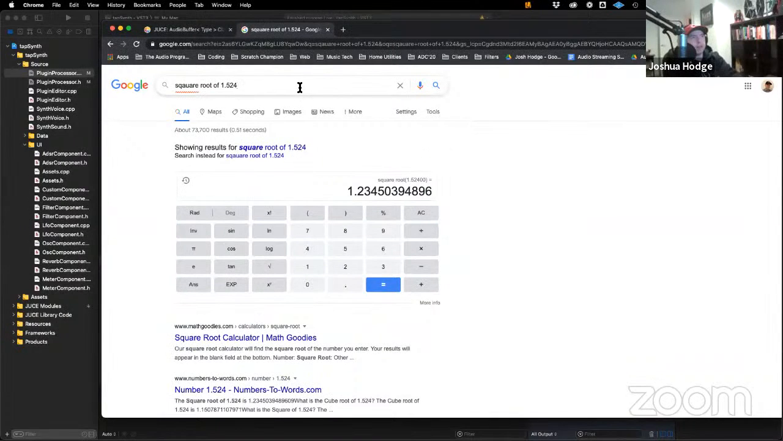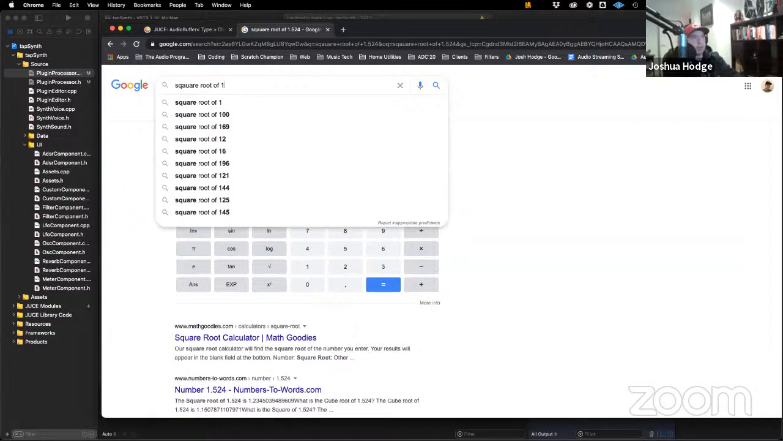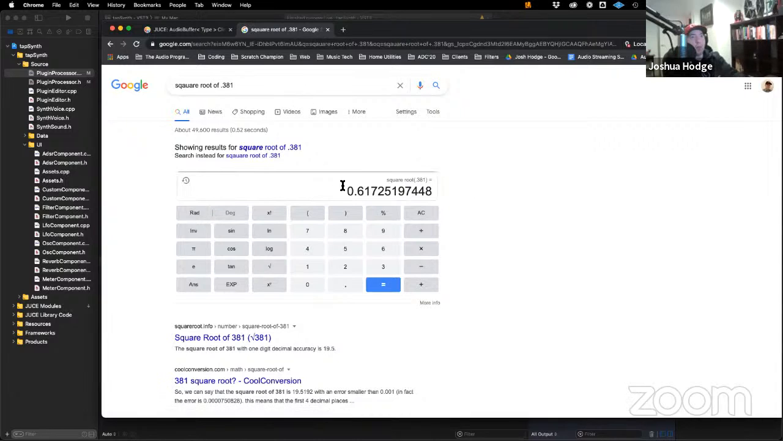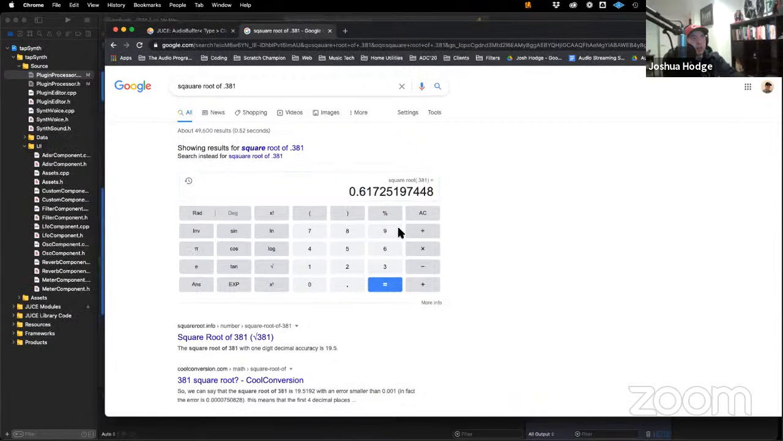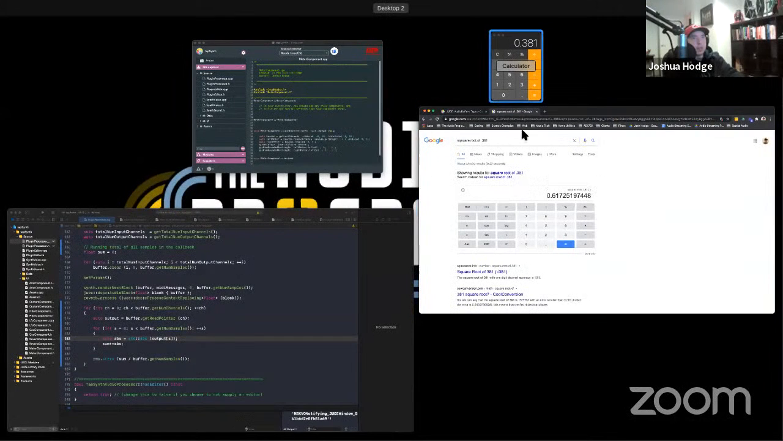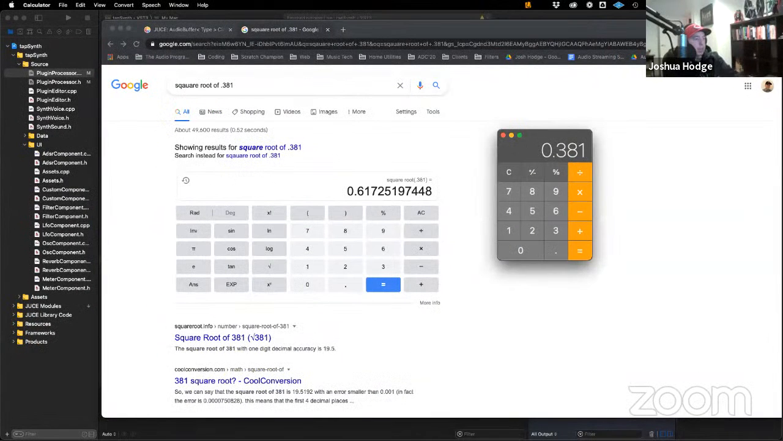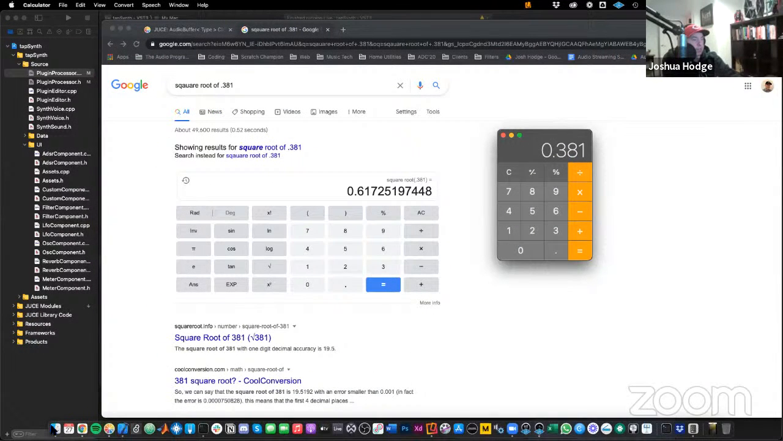Really? That doesn't feel right. Oh, 0.61. Yeah. There it is. Yeah, and we were saying that the answer should be 0.6-ish. So there it is. Okay, so let's just